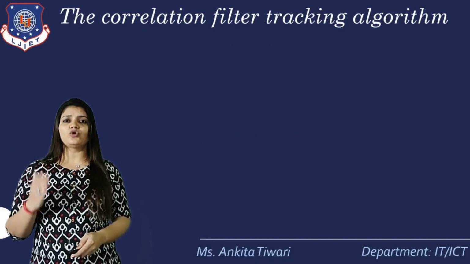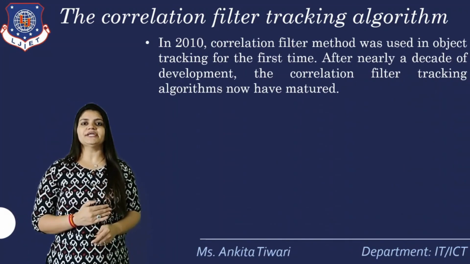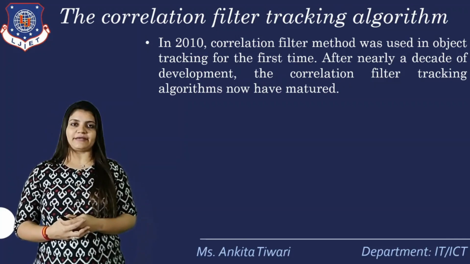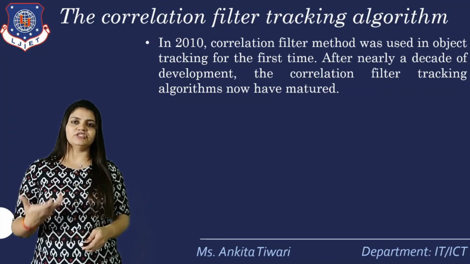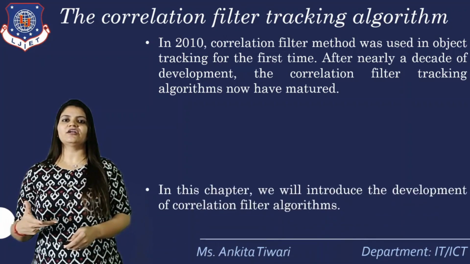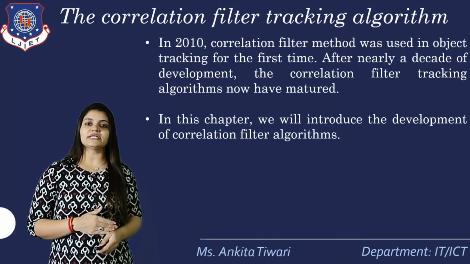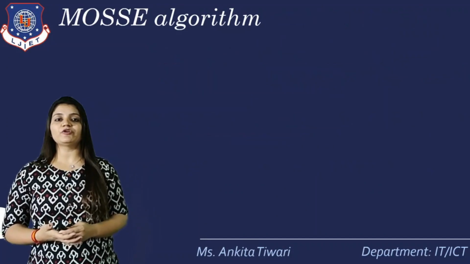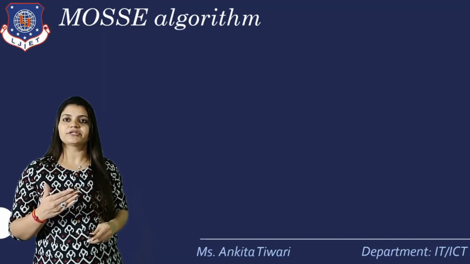Now the various correlation filter tracking algorithms that we have. In 2010, the correlation filtering method was used in object tracking for the first time. After nearly a decade of development, the correlation filter tracking algorithms have matured. So in this chapter we are going to introduce the development of the correlation filter algorithm. The specific development process is as follows: the first algorithm that was developed is the MOSSE